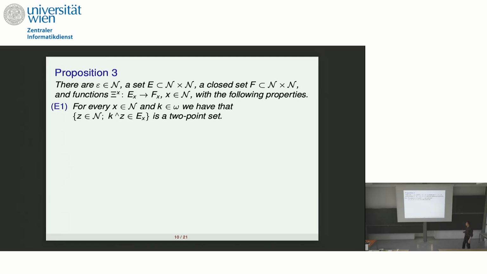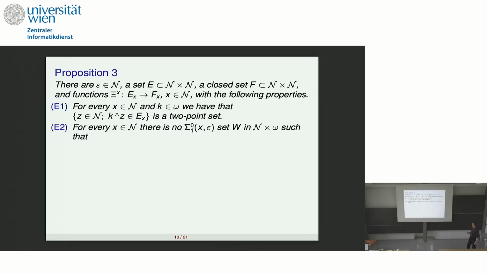This is a little bit more complicated, but okay. So it expresses that some sections are just two-point sets. So if we have x and k and we consider the section, then this is a two-point set. And the second property